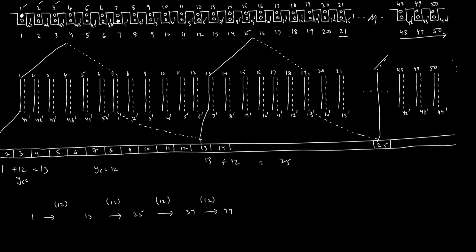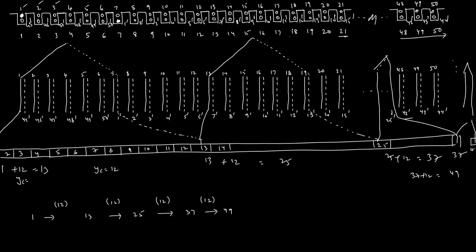It is somewhere here in this, because this is 42, so 25 dash will come somewhere in between. So like that. Once 25 dash will again connect to 25 plus 12, that is 37. So from here you will be having 37, and from 37 it will go to the 37th coil and then connect to 37 plus 12, that is 49. So this will come and meet at the 49th commutator segment.